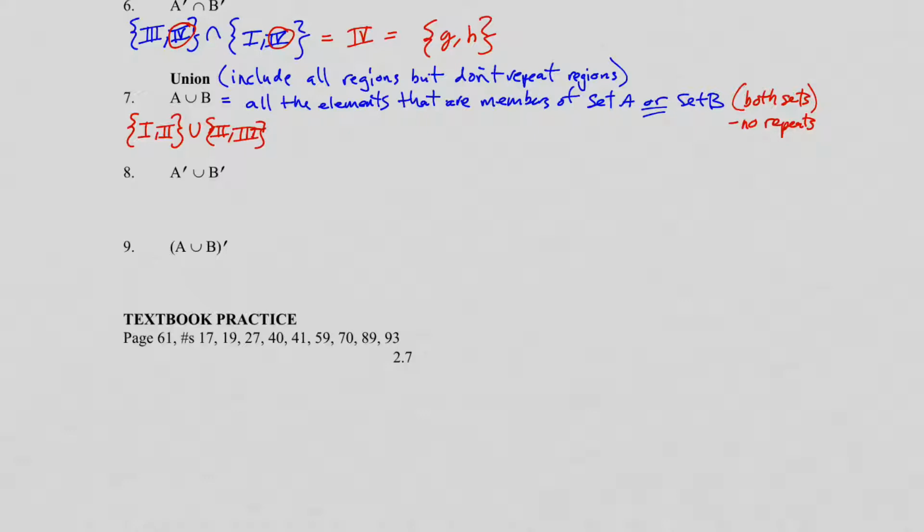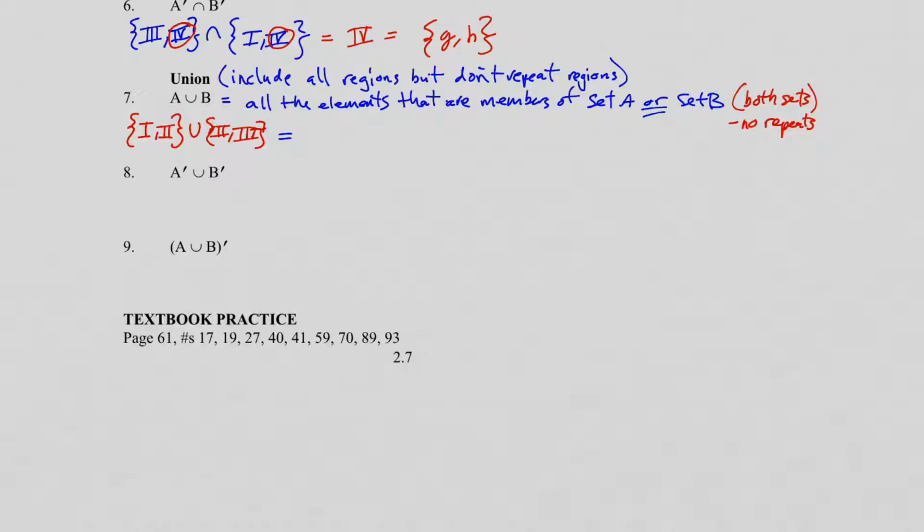Now, this is not the intersection. Intersection, we looked at what they have in common. In this case, that would be region 2. But we're looking at the union. So the key thing is to look at all regions, but don't repeat anything. Okay? So all regions